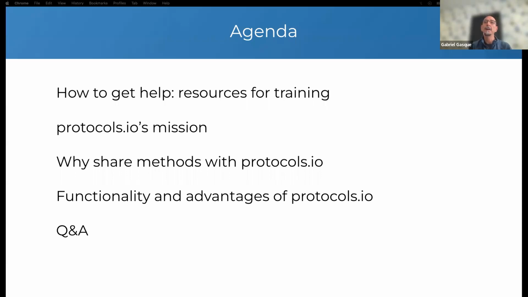In this webinar, I'll go over some of the more general points in terms of the motivations for creating protocols.io, what our mission is, and how our platform and tools can make your work easier and faster, both in the research lab and in the classroom, as well as increasing your reproducibility. Although I will share a lot of information, we will not have the opportunity to go over all the details of the different functions and tools of protocols.io. For that reason,